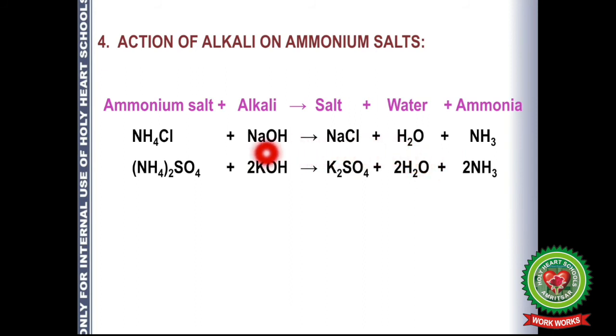Whenever you have ammonium ion and hydroxide ion, together they would form ammonium hydroxide, but it is unstable, so it will break down into ammonia gas and water molecule. Similarly, in this case also, ammonium sulfate plus 2 KOH, that is potassium hydroxide, potassium sulfate will be formed. What is left? Ammonium as a cation and OH as an anion. They should form ammonium hydroxide, but as it is unstable, it will break down into water and ammonia. So every time you get ammonium hydroxide as a product, you won't write ammonium hydroxide, but you will split it and write it as water and ammonia gas.